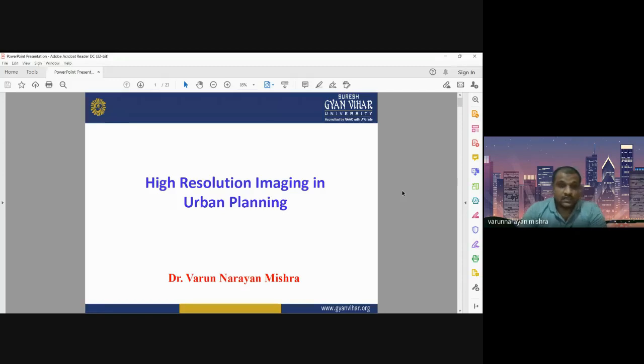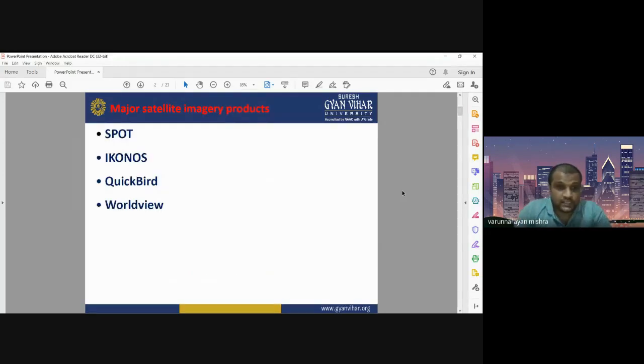Some of the major high resolution satellite images are Spot, Ikonos, QuickBird, WorldView. These are some of the major satellite images that provide us data in high spatial resolution.